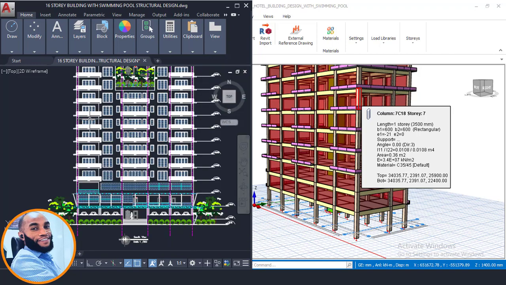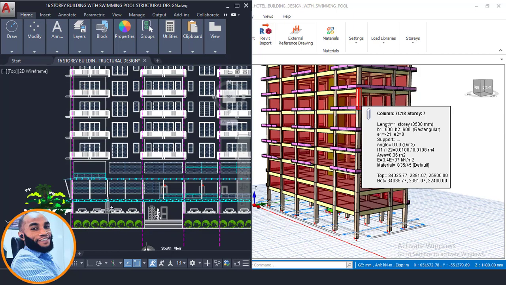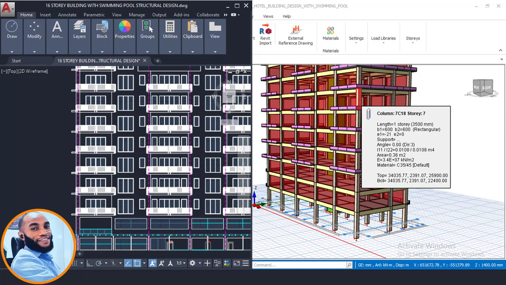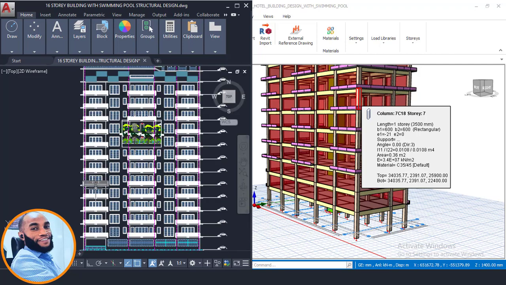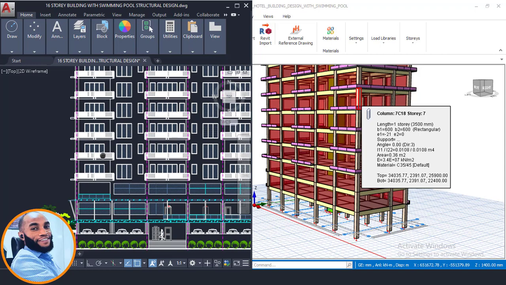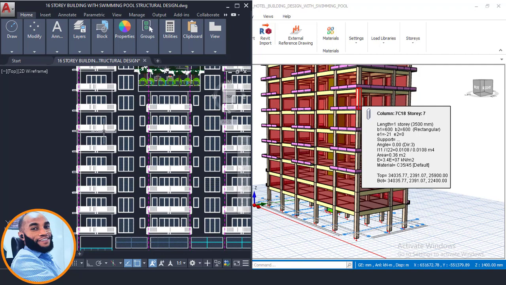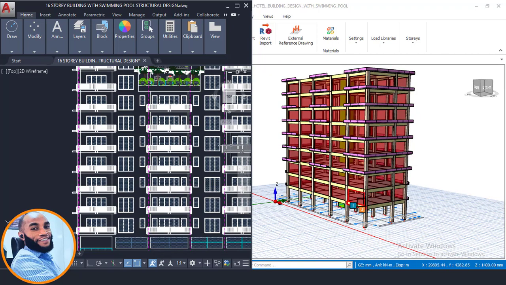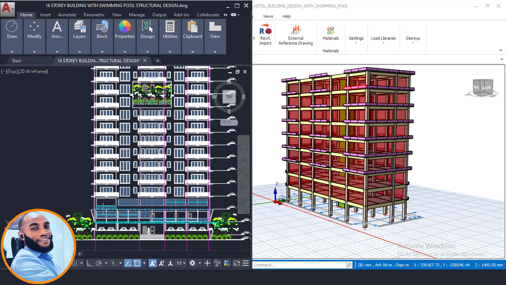Let me see. 7th: 1, 2, 3, 4, 5, 6, 7. Okay, this is the 7th one. Then we'll have 8 and then 9. This is now the 9th one. So from the ground floor we have 1, 2, 3, 4, 5, 6, 7, 8 and 9. Once you pass the 9th floor,